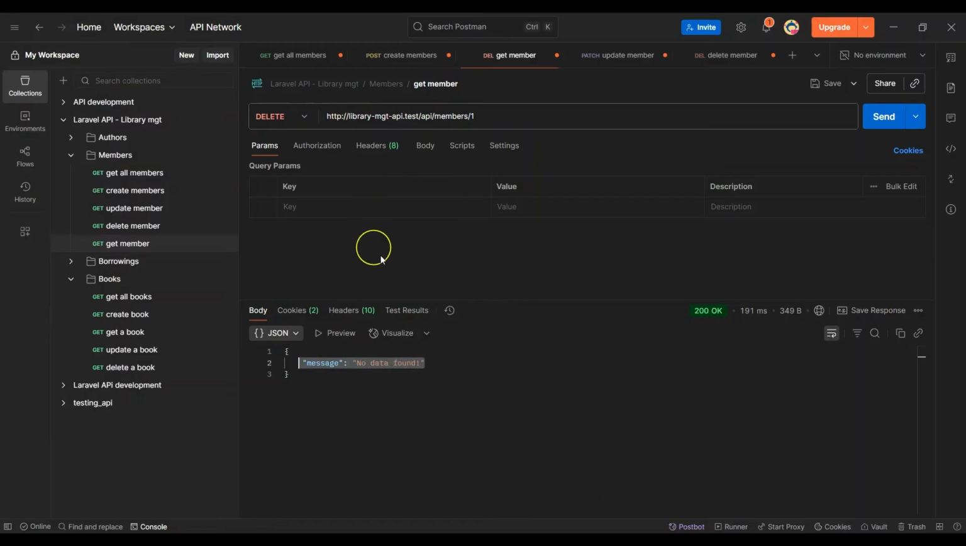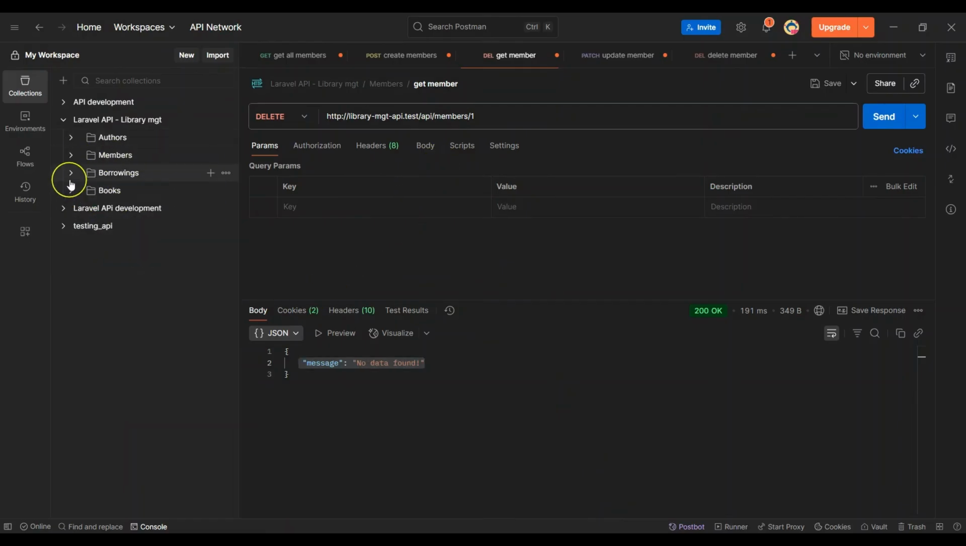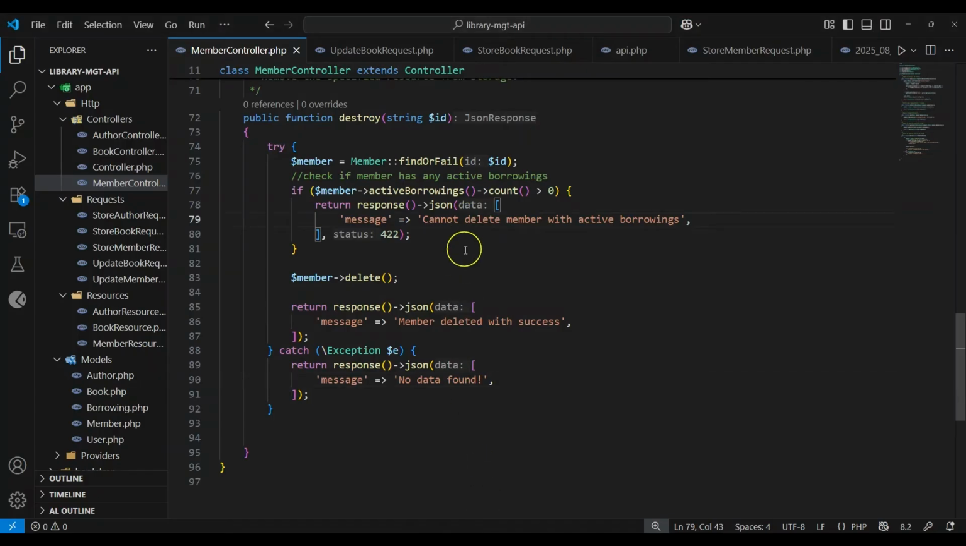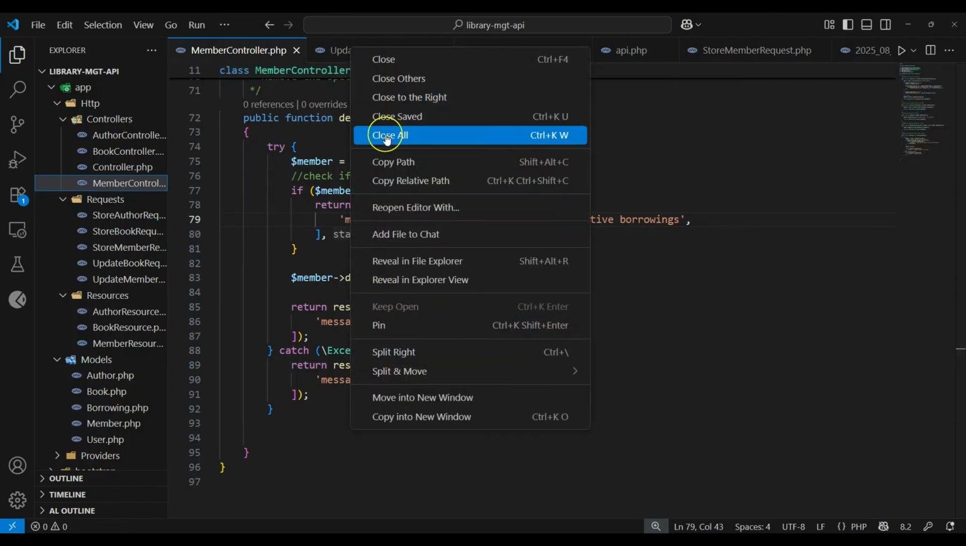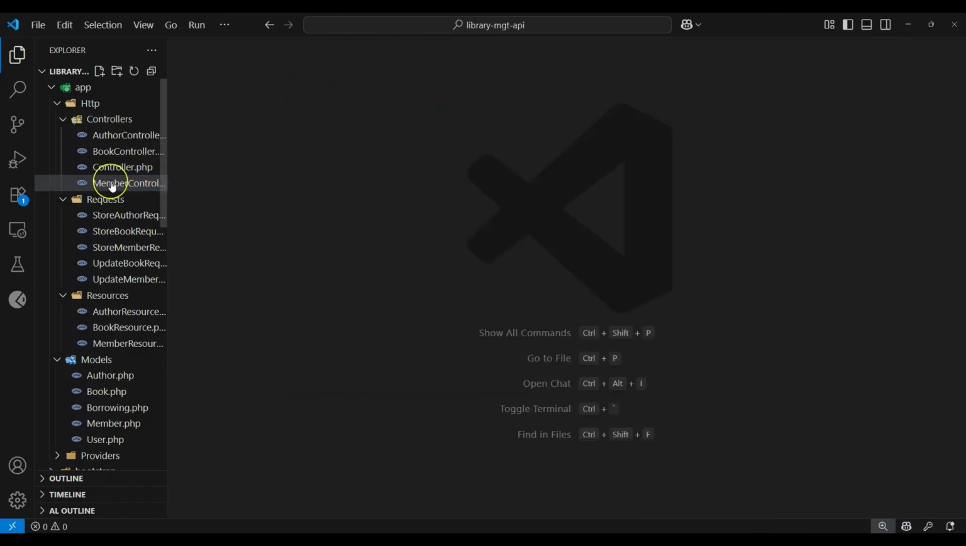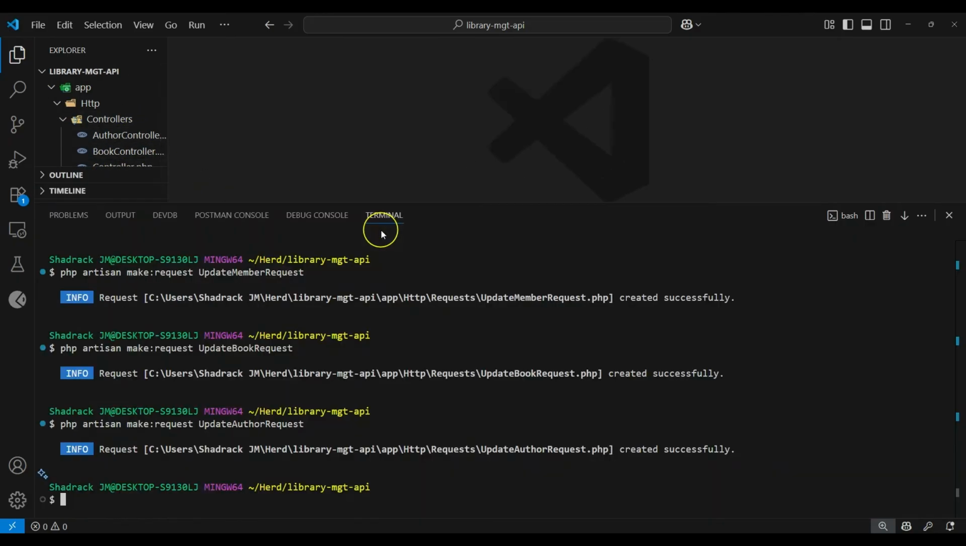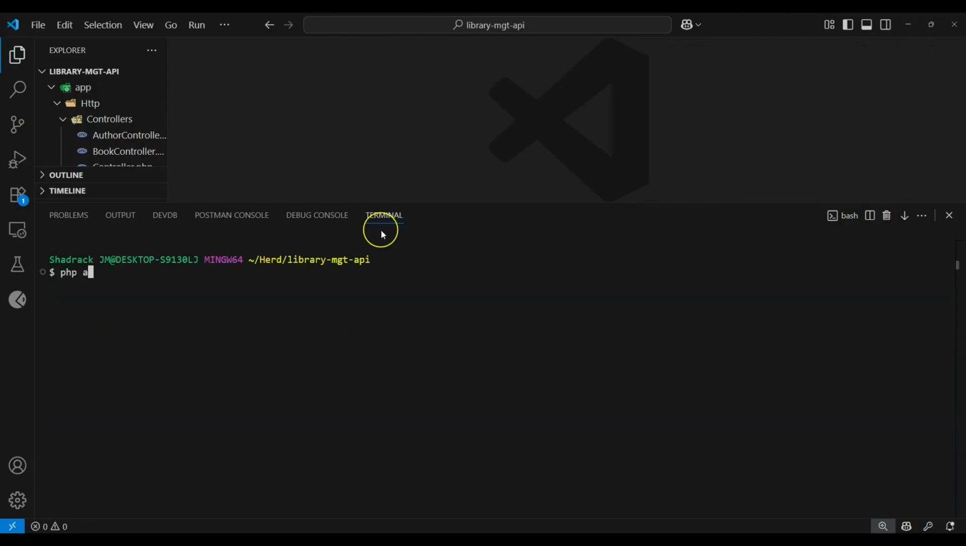Now we have completed the members functionality, so let's work on borrowings. Let's do that very quickly. We are going to deal with borrowings here. Let's go back to the code, and let me close all of these tabs. Here we don't have the controller yet, so let's create the controller for borrowings. php artisan make:controller